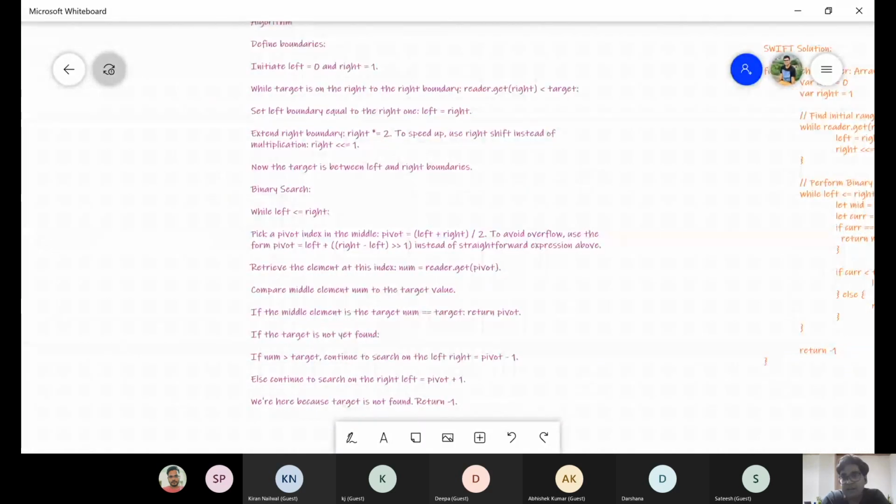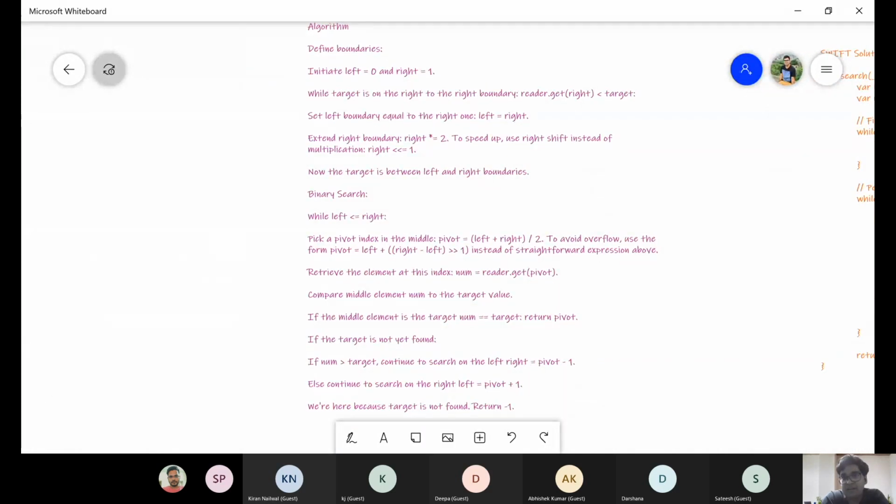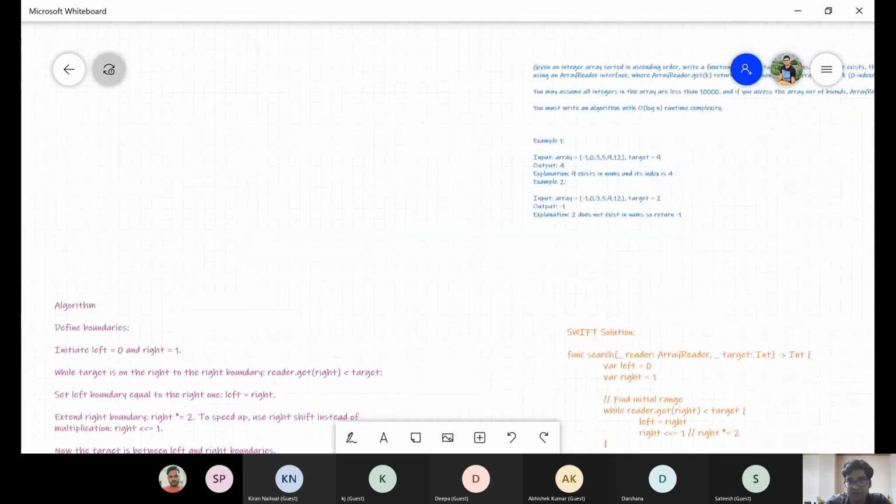What we basically do is check whether our right is within the boundary. Suppose, for example, the first example. Let me copy paste the first example here.